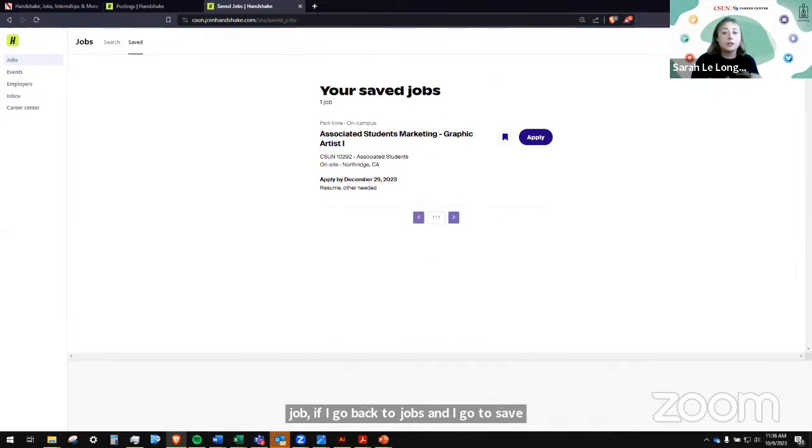So like, let's say you're on the bus going home and you're looking at jobs and you're like, oh, I like that one, I'm going to apply when I get home. And then when you're on a desktop and you have more functionality and control over what you're doing in Handshake, you can go to your saved and be like, oh yeah, these are all the ones I saved, like when I was waiting for my professor who was late. And you can go back and review, and maybe after a closer inspection, you're like, oh, actually, I don't want to apply to that job, so it does give you a way to refer back to jobs that you saw and you liked, and